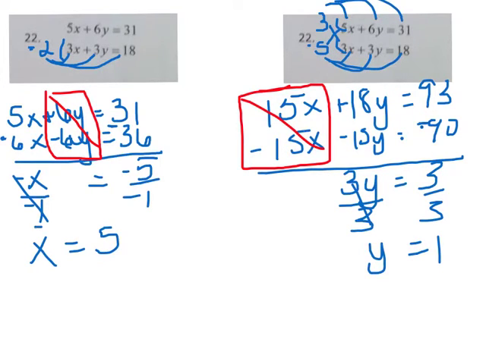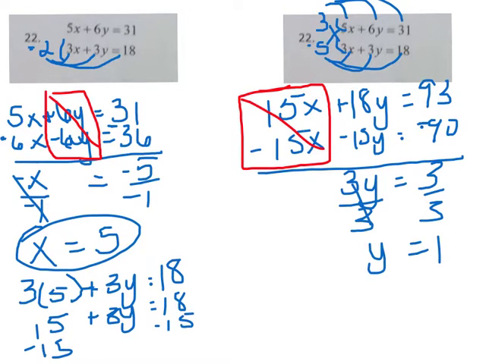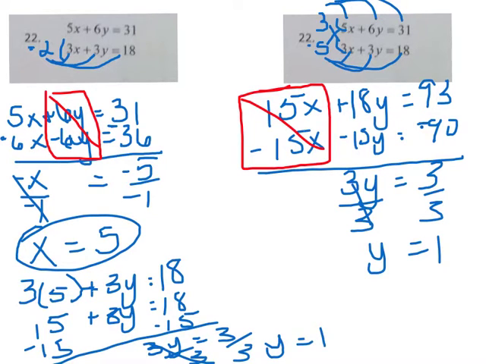So back to the first 22 here, this x equals 5 is only part of my answer. I'm going to plug it back into the bottom one. So I'm going to get 3 times 5 plus 3y equals 18. 3 times 5 is 15 plus 3y equals 18. I'm going to minus 15 on both sides. You're going to get 3y equals 3. Divide by 3. Y equals 1, just like what we found out. So my final answer is going to be 5, 1